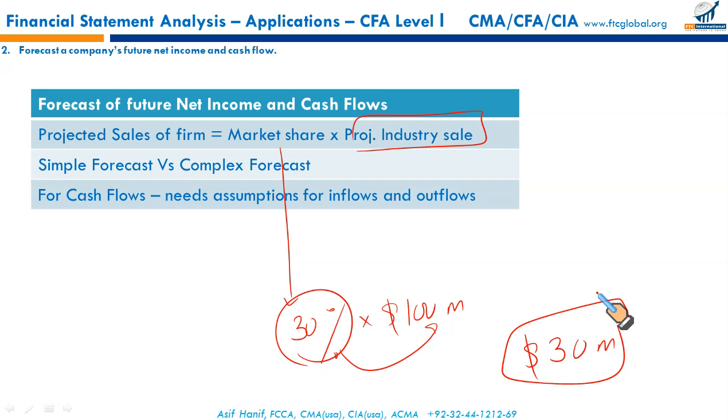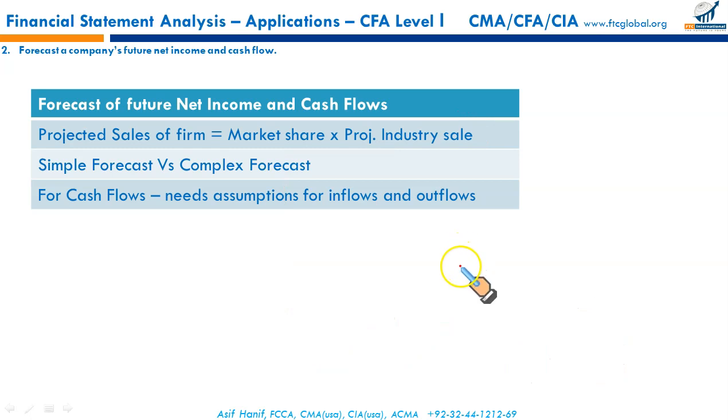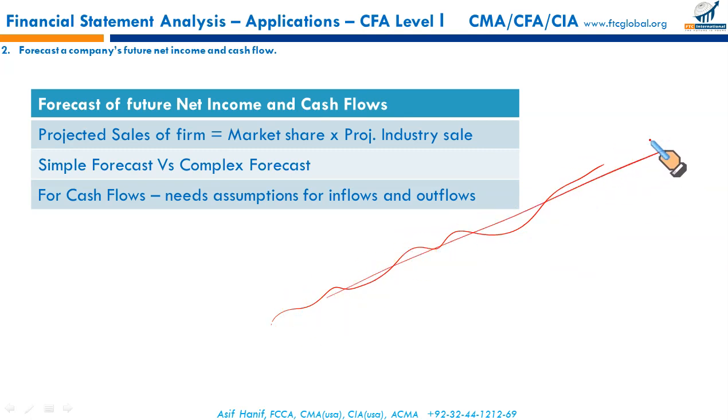So this could be as simple as this, or more detailed analysis could be made where individual revenue targets of each segment, each division can be added up to give you the total sales figure, and then things can be extended to that point. So it could be a simple forecast using historical averages, using trends. If sale is increasing 5% to 8% every year, we can extrapolate this graph and can get an idea what is the likely sales in the future. It could be as simple as this, using historical averages or trends. Or it could be a complex forecasting where each element of your income statement, each element of your balance sheet is estimated separately based upon some assumption.